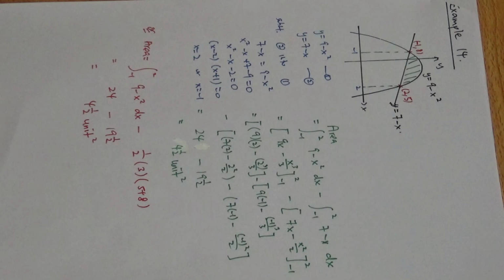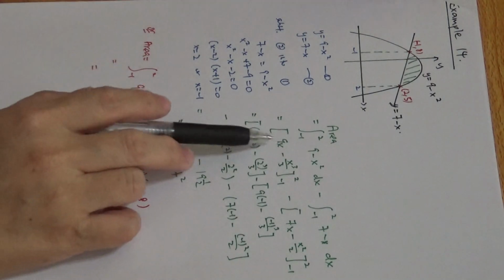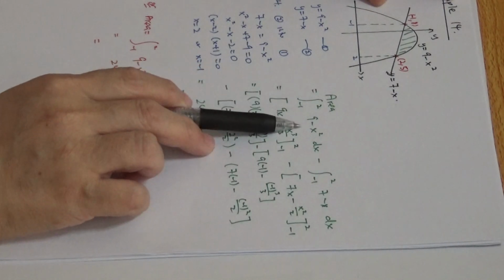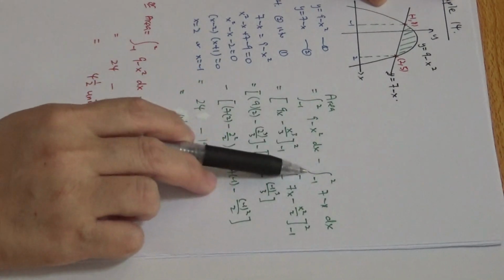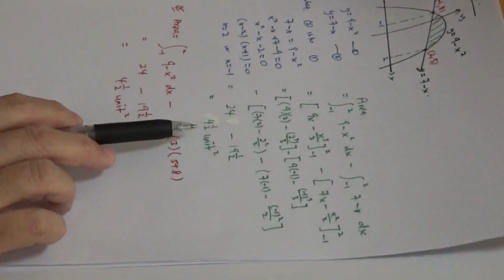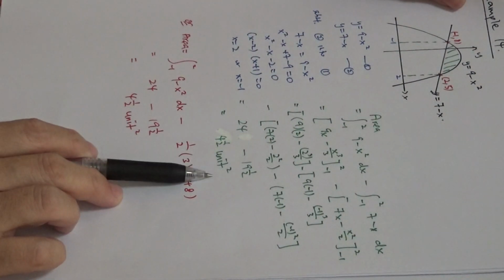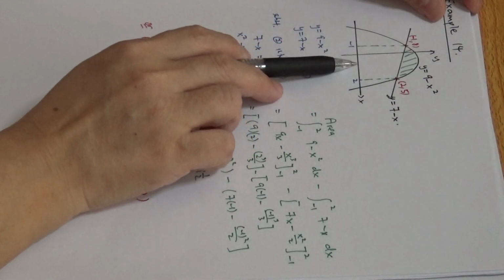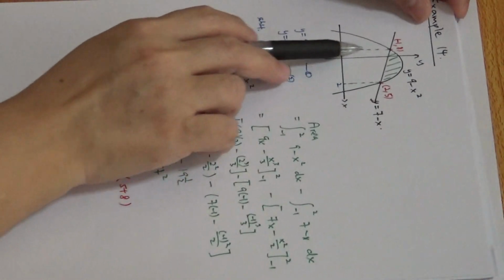Alright? Now, if we use area under the line, the green one here, I take integration of the curve minus integration of the line. I manipulate it. I'll get 4.5 units squared. Okay? Now, if you want to use the area under the curve minus the trapezium, you need to find out